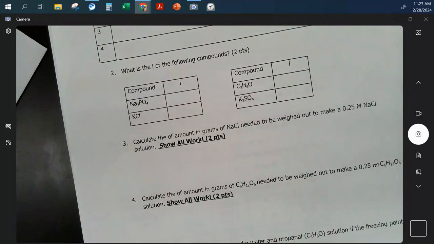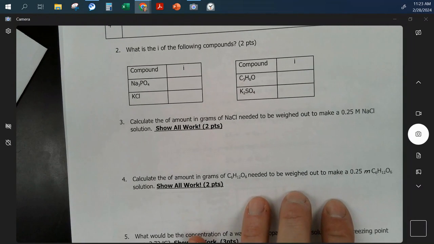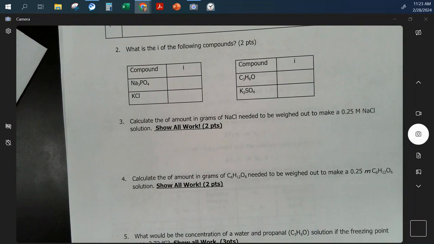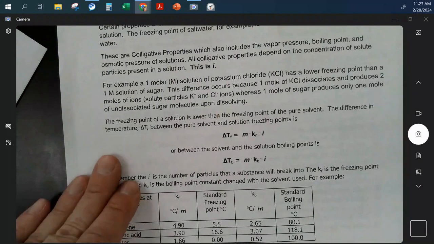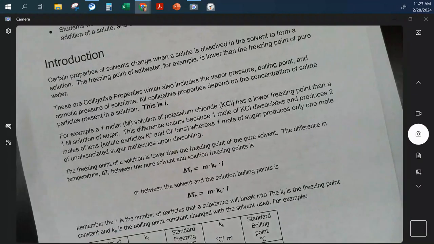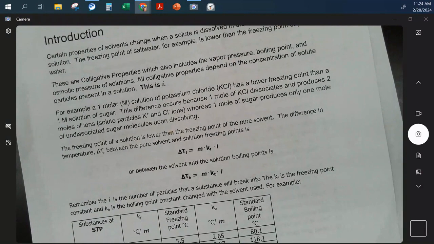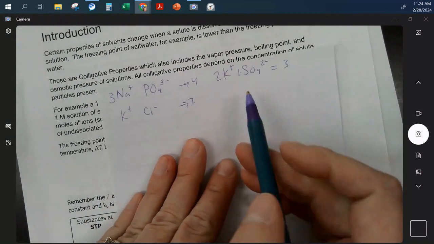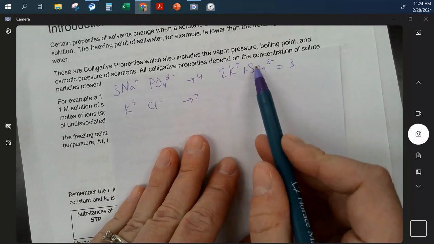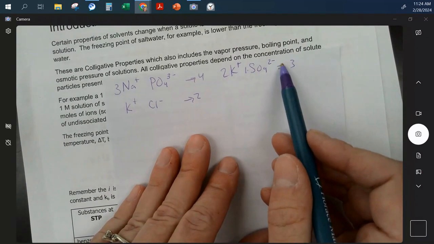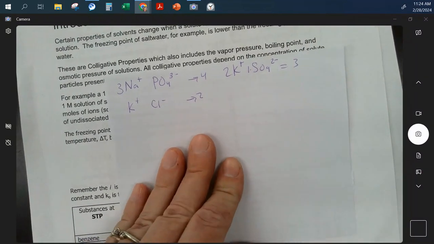Next one, calculate the amount in grams of sodium chloride needed to be weighed out to make 0.25 molar sodium chloride. All right, so in the lab,